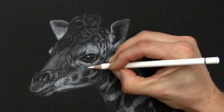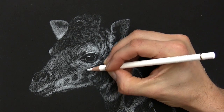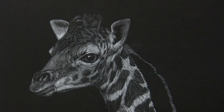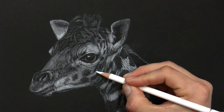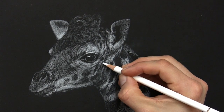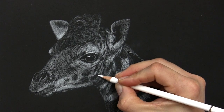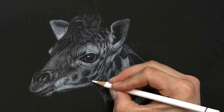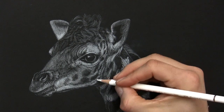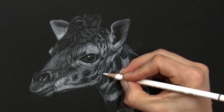And you can see on this giraffe drawing I've done very recently that I'm obviously using the pencil in the direction of the fur growth. Just the same as I would when I'm doing my oil paintings, because all of these marks are showing up. So you can see you can really use some very light marks and also push hard and get a nice white as well. But I find that it's not really good enough to give that real ultimate punch to the drawing, and that's where I bring in another pencil. But for 99% I probably use the Polychromos,